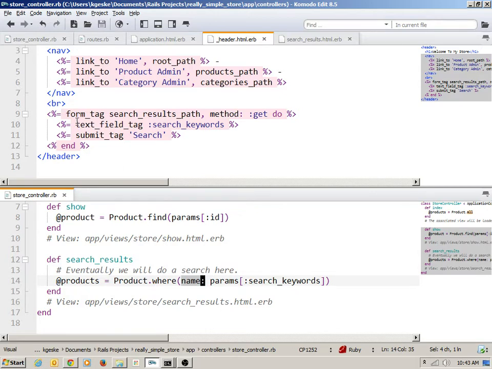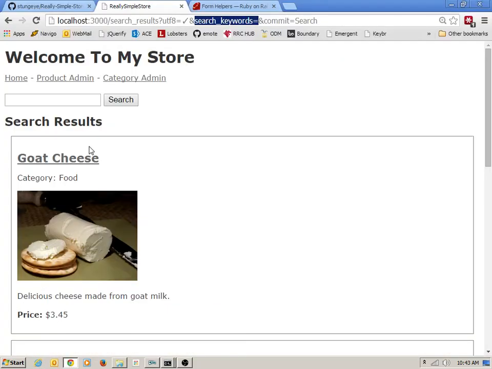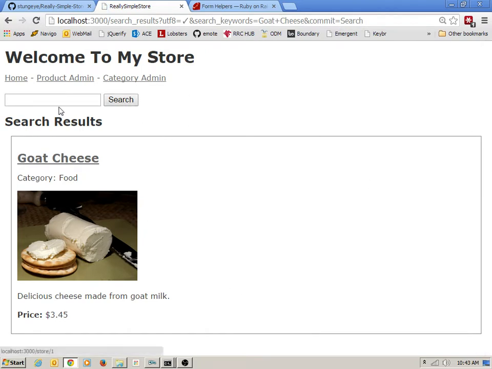So the user types something in, hits submit, a GET request is sent, the search keywords end up in the URL, we end up at the search results controller, we use the params hash to extract the keywords from the URL and use them in a where clause. We're still getting a collection of products, and so our associated view can then display those returned products. So now if I search for goat cheese, I get goat cheese. If I search for a product that doesn't exist in my database,